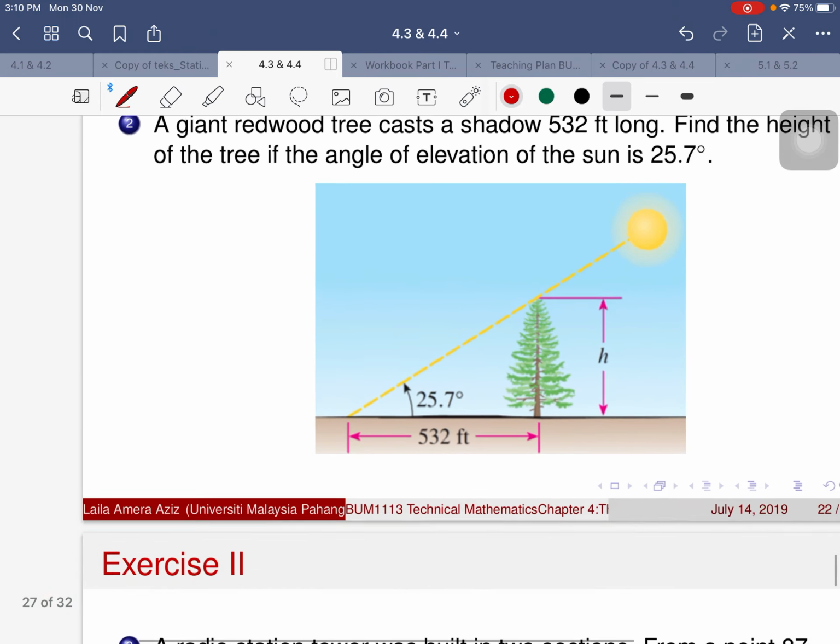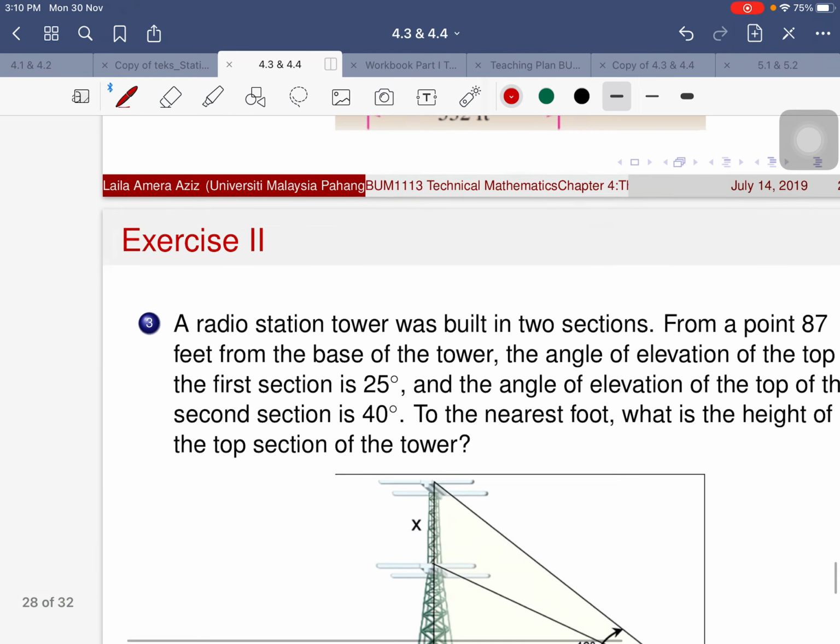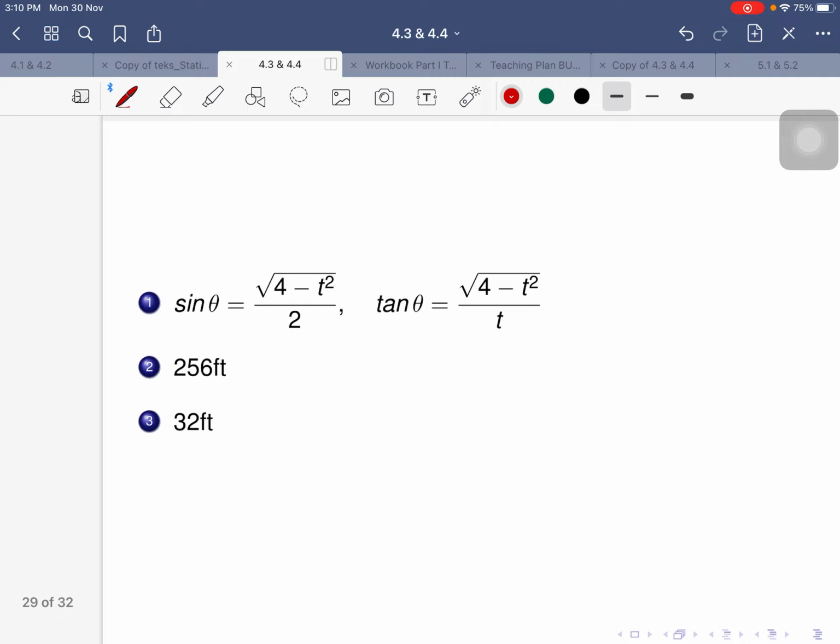As usual, I've given you a couple of questions over here for you to try, and some of them are actually final exam questions, and even the solutions as well. All right, so